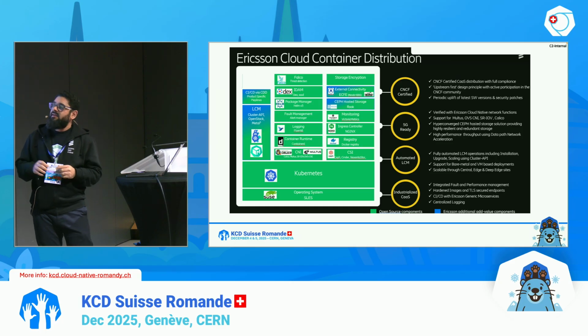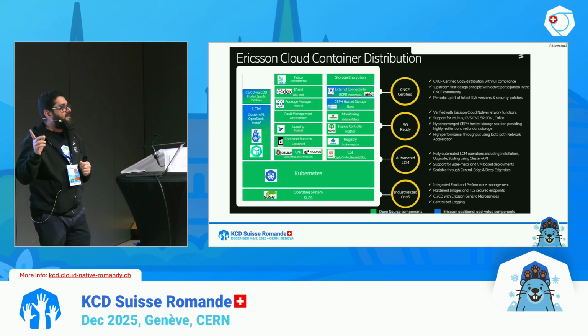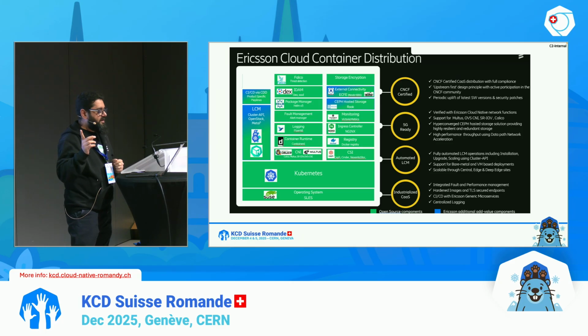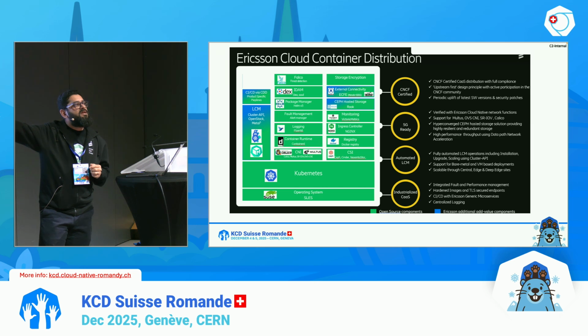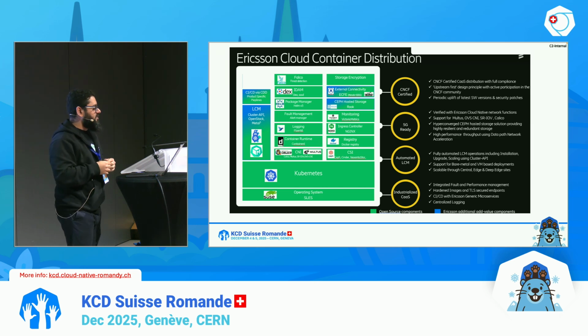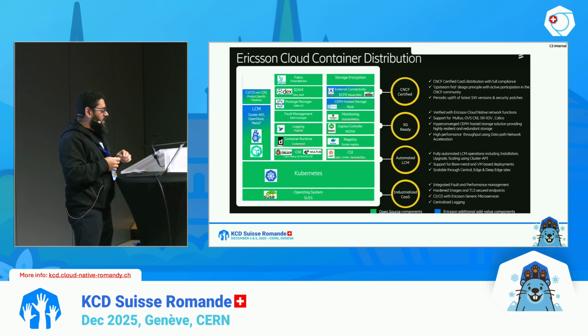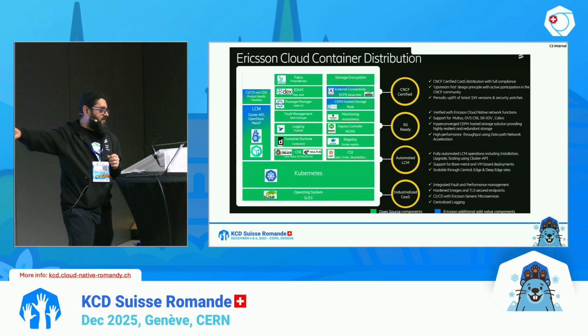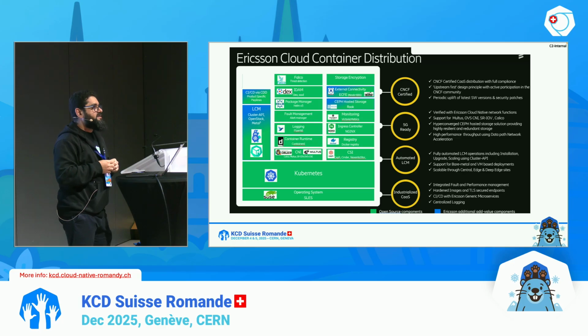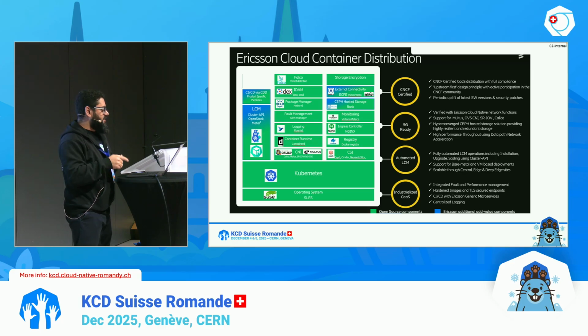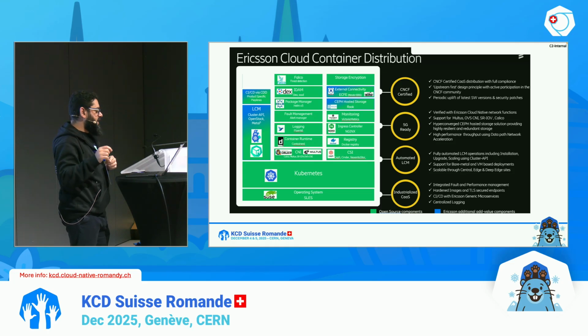In this slide, I don't want to really advertise anything about the Ericsson product, but the main thing I wanted to highlight is the lifecycle management part, and this captures some of the open source tools that we are using for the product in-house. It shows that we have chosen Kubernetes as the standard platform for running containerized network functions. The reason is not just scheduling and orchestration, but also providing declarative API services and the reconciliation model.